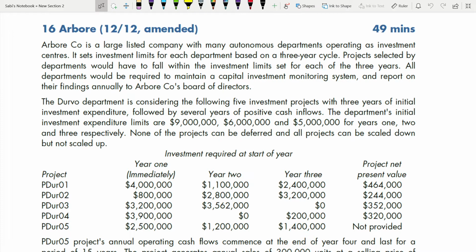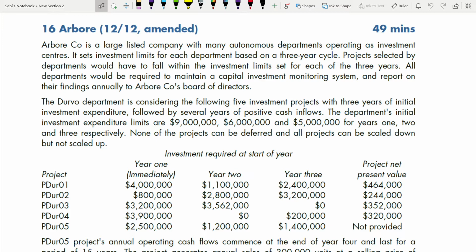Question 16 is going to cover net present value, sensitivity analysis, and multiple capital rationing. We are going to do the linear programming and all. So this question is very important. In fact, this is the first question you should attempt once you are done with your advanced investment